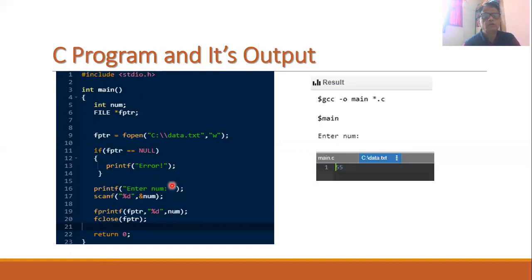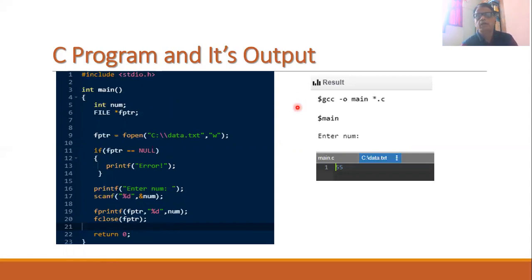But if it is not, then in that case, we will be asking the user to enter the number. And after reading the number by using scanf, we can write it into the file by using fprintf. So the fprintf function is being used to write the data into the file. And finally, we close the file and we return 0 to our main function.